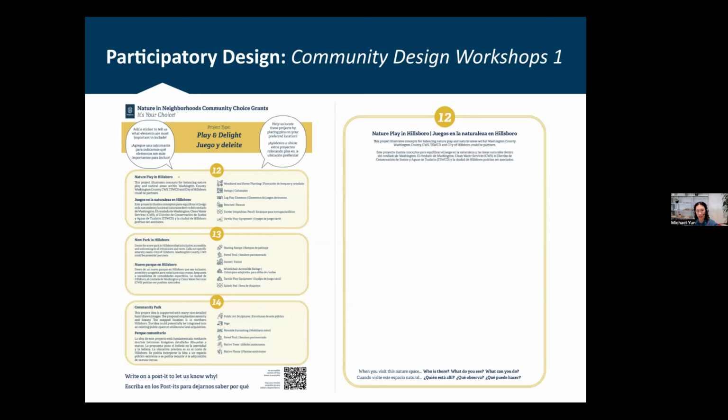So on the left, you're seeing bilingual descriptions of the idea, and then icons and lists of some of our preliminary thoughts on what elements of this project would be. I'll read this out because I'm sure it's small for you all: woodland and forest plantings, swings, log play elements, benches, turtle or amphibian pond, things like this. And then on the right, we had an open-ended collage board, which people interacted with at our workshop.